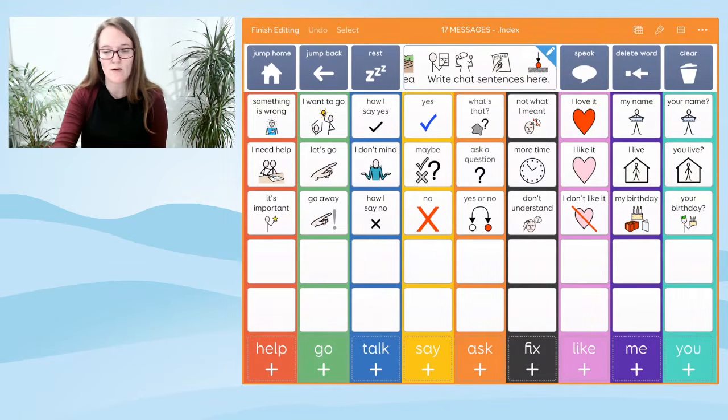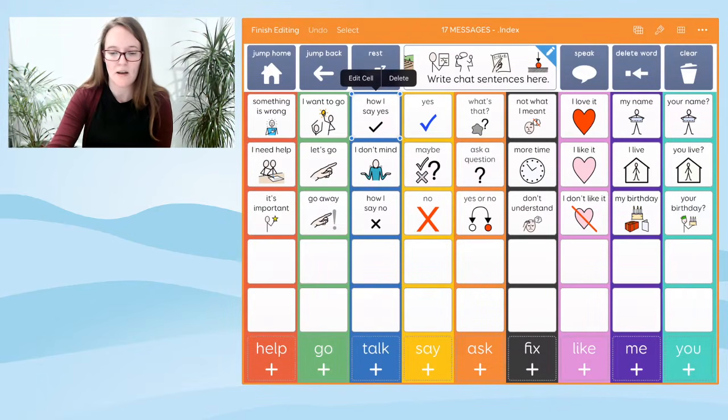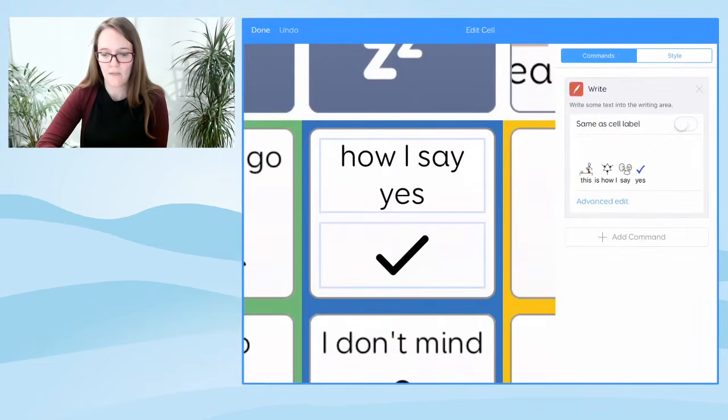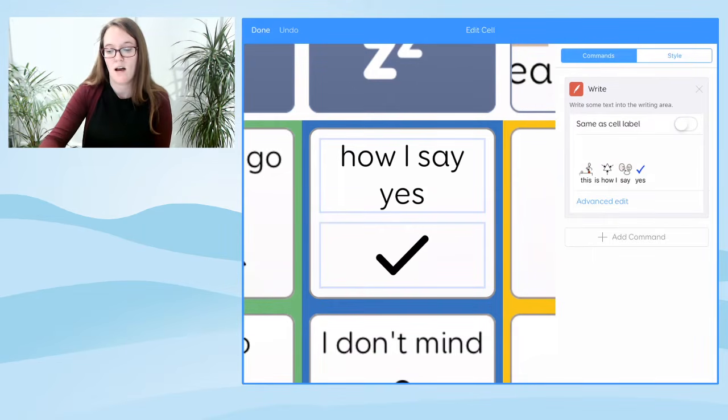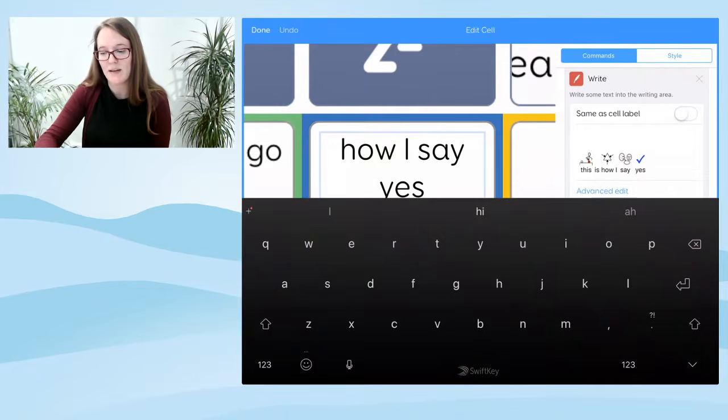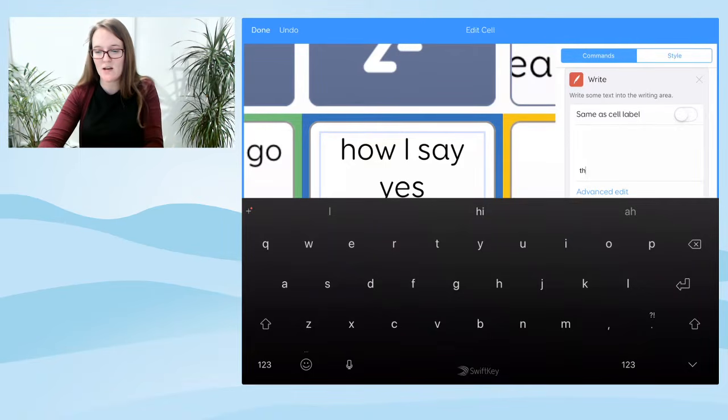So in the blue column, I'm going to click on how I say yes, and I'm going to edit the cell. So at the moment, when I click edit, you can see on the right hand side that it's going to say, this is how I say yes. That's the sentence that it will say by default. I'm going to change that. So I tap in the box and you can see the cursor starts to flash and the on-screen keyboard comes up. I'm going to delete that and I'm going to change it to,